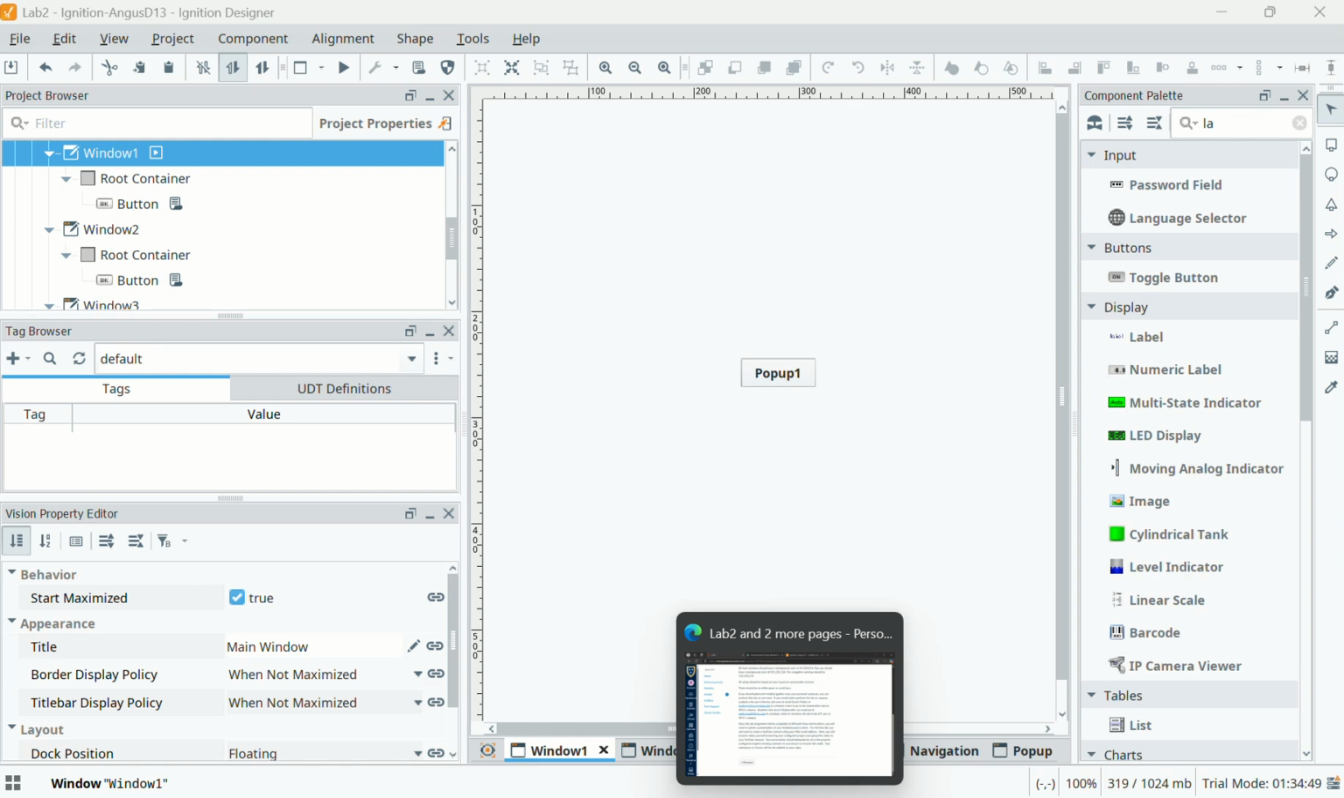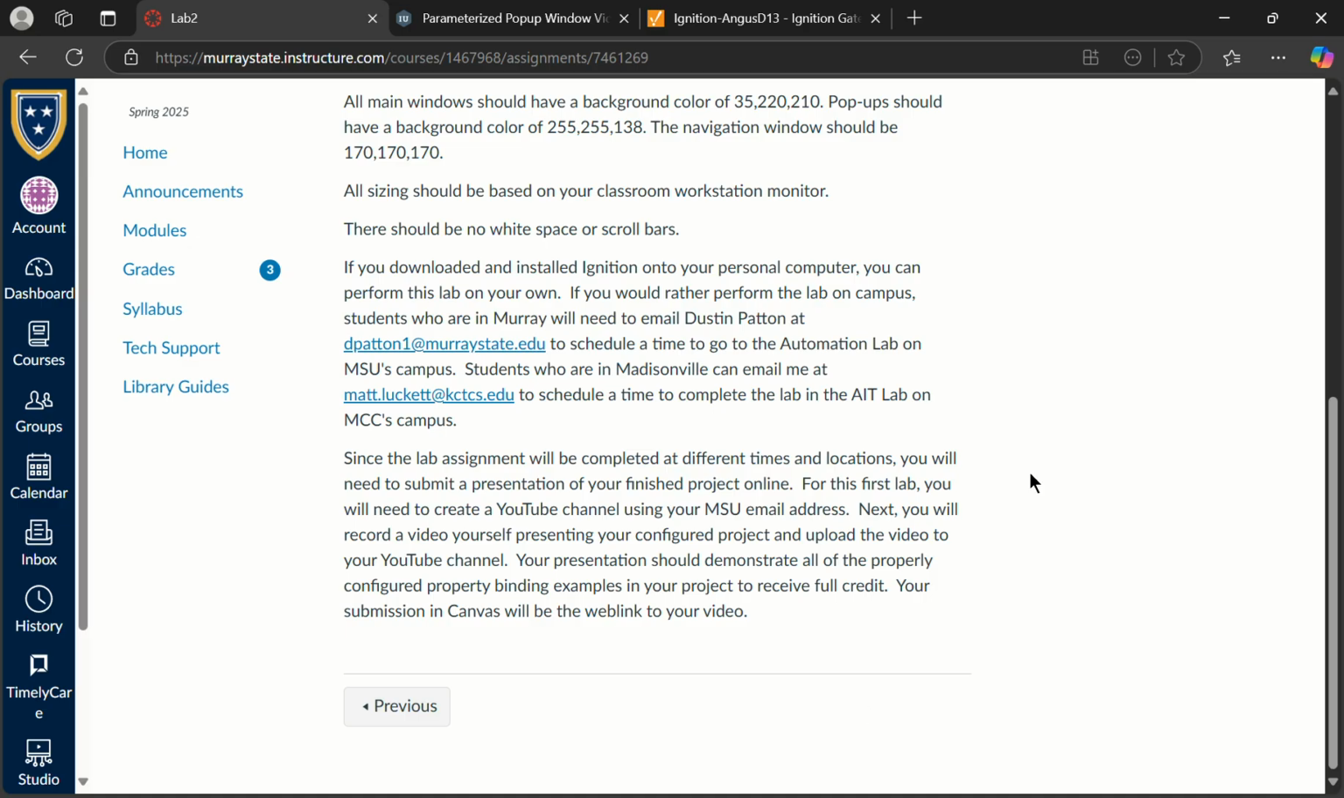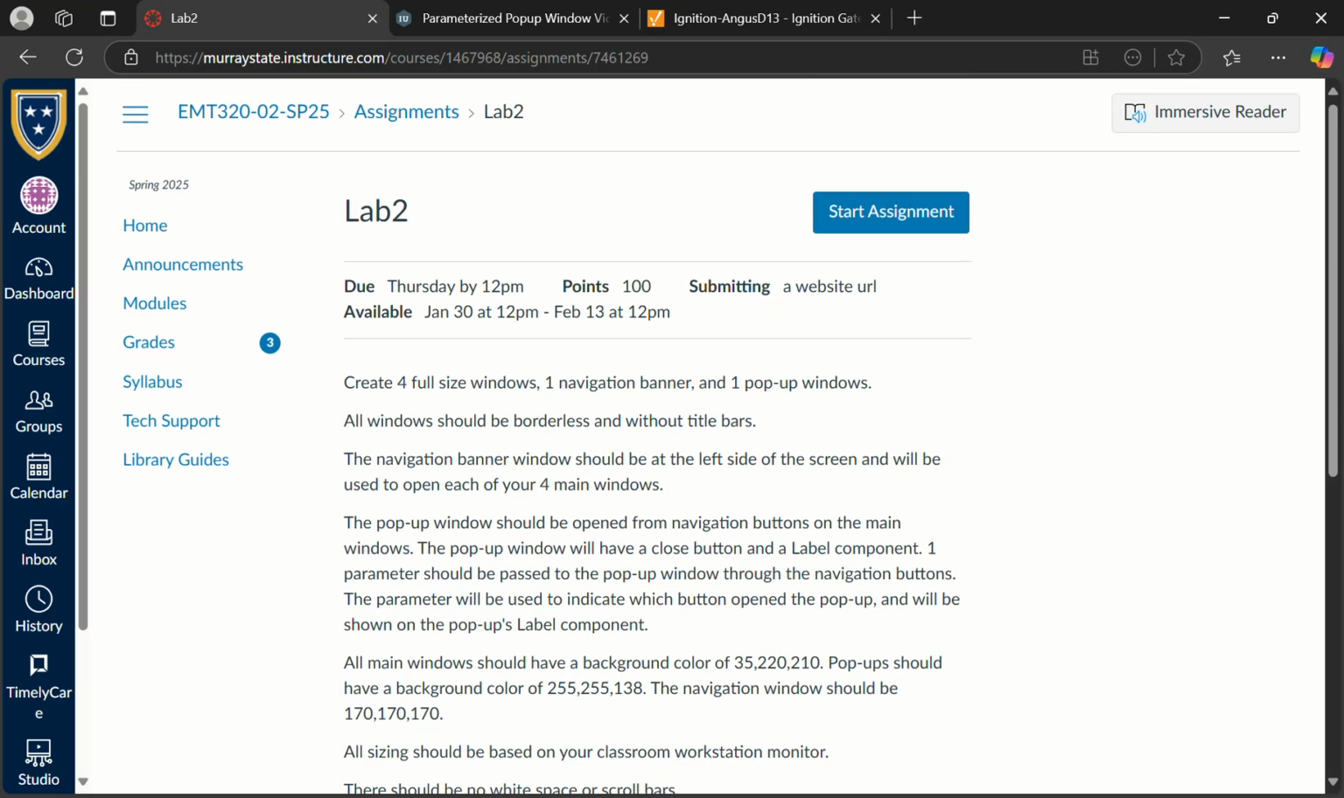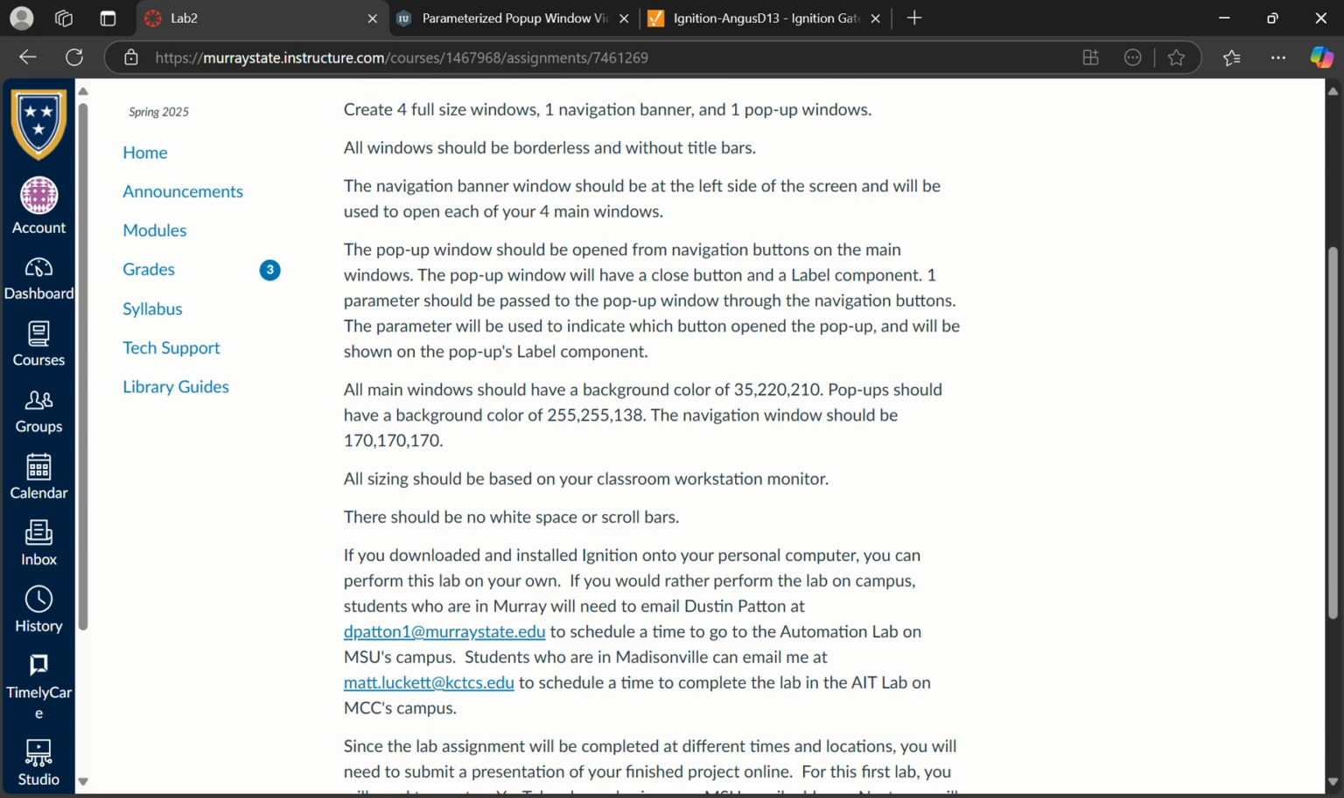So today we will be going over Lab 2 for SCADA EMT 320. For this lab, we were asked to create 4 full-size windows, a navigation banner, as well as a pop-up window. It said that all of my full-size windows are borderless and without title bars. The navigation banner should be bound to the left of the screen and should be able to open each of